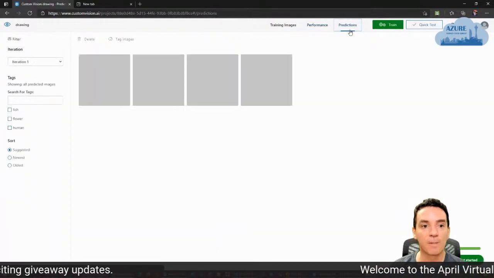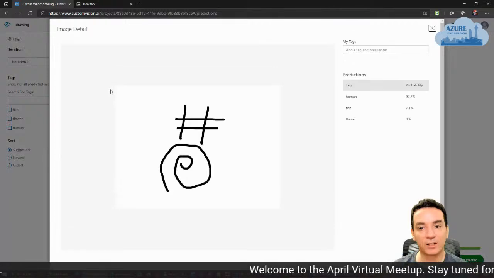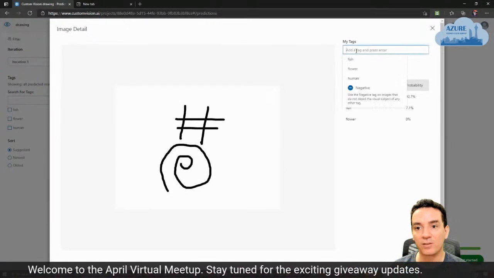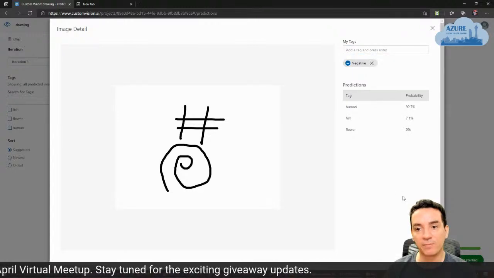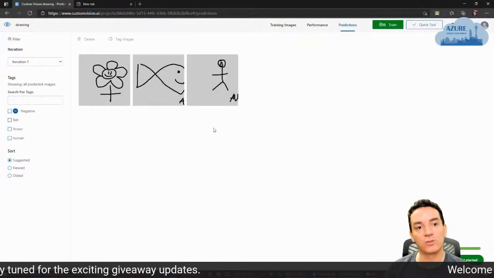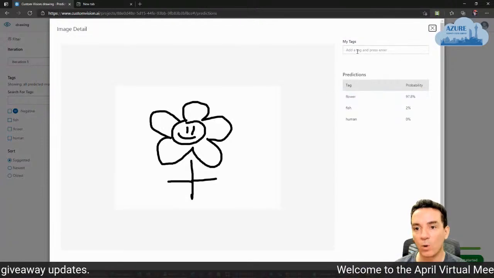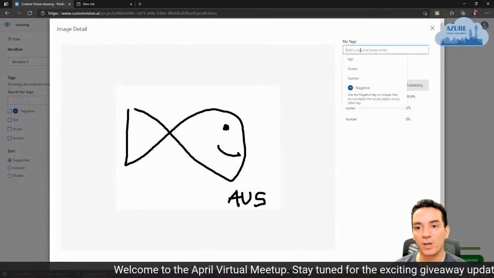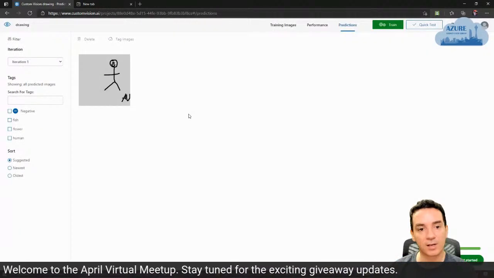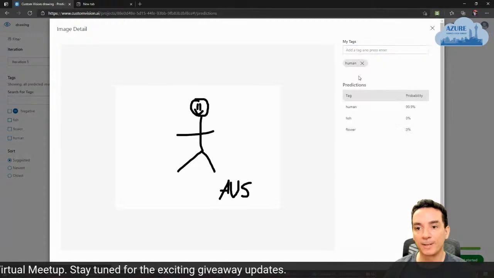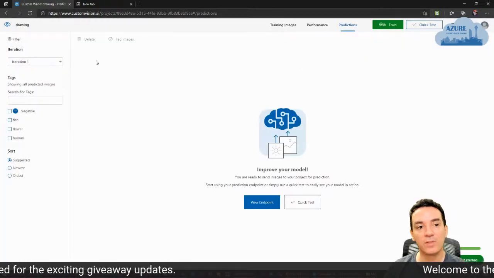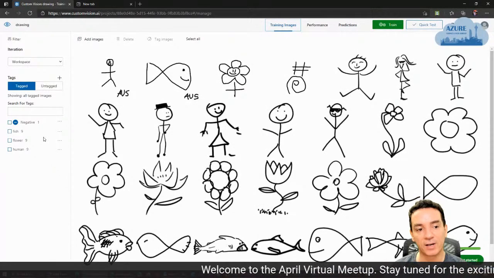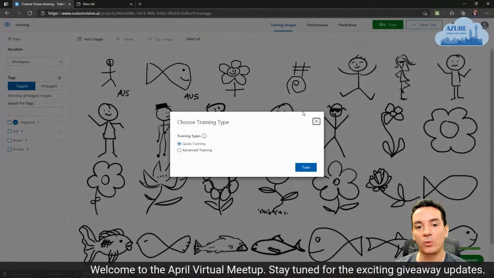The cool thing about this is, as I mentioned, I can go back here and start to test this. So I can use this and add this into my training as, hey, this is a negative value. So I can add this to my training sets. I can go back here and say, you know what, this is a flower. I will save it. And the same with the fish. And I will save it. And I will do the same with the human. I save this. And with this, I will have more images here to train. So I have 1 negative and 9 for each one of the labels, and I can train this again.